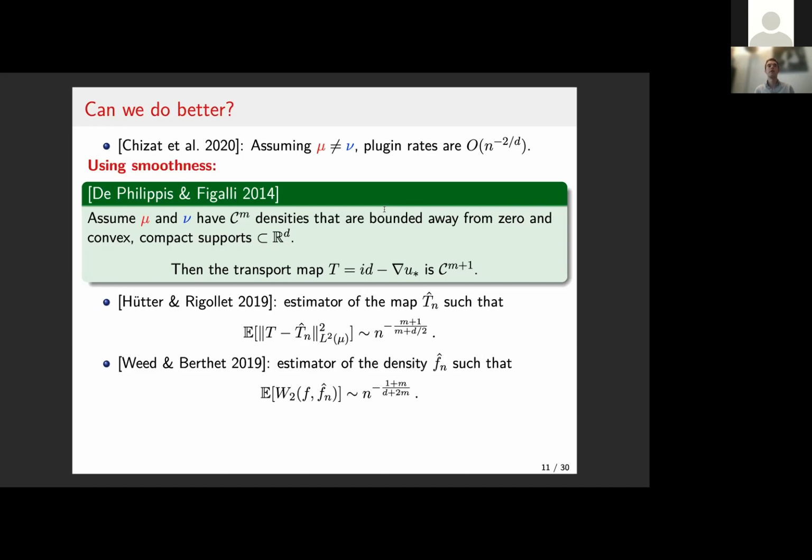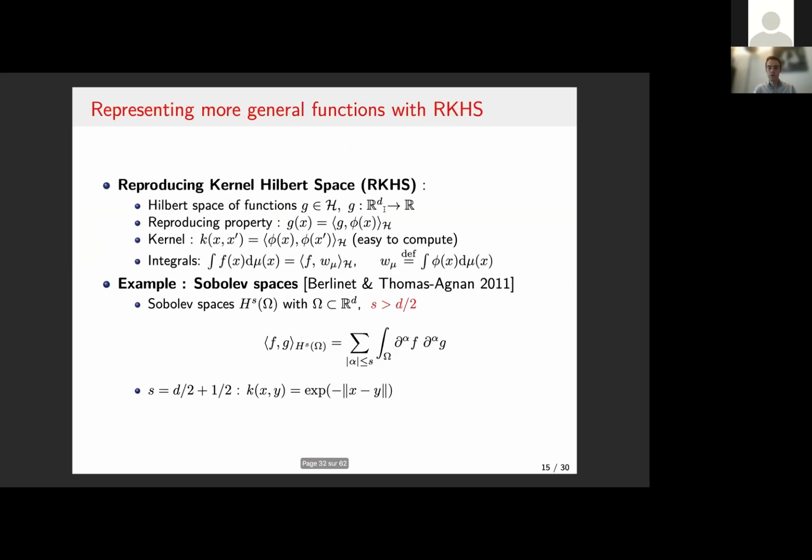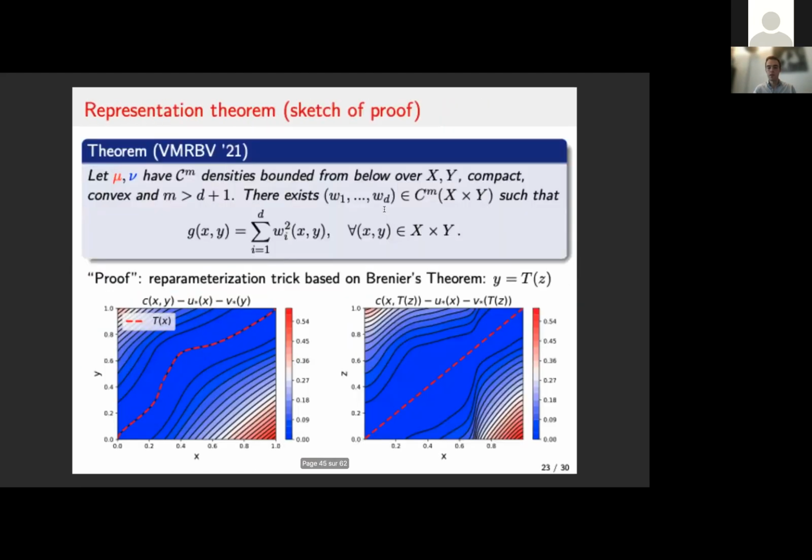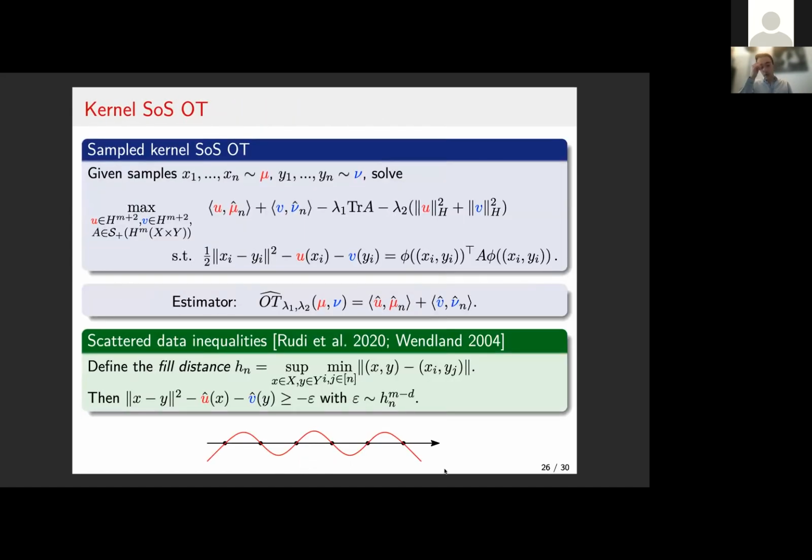Well, intuitively, if you add smoothness, you add constraints on how the true potentials can behave, right? So this is what I've tried to show with this wiggly line. The smoother your function, the less wildly they can behave. And this is something that is quite classical in the kernel literature, which is that if you try to